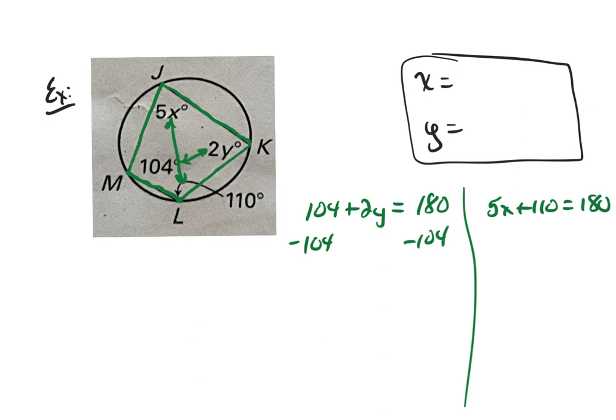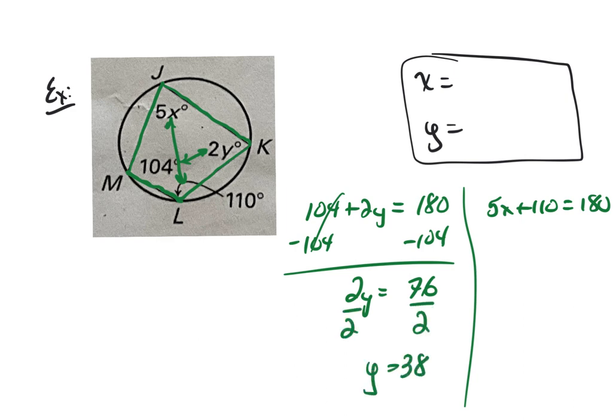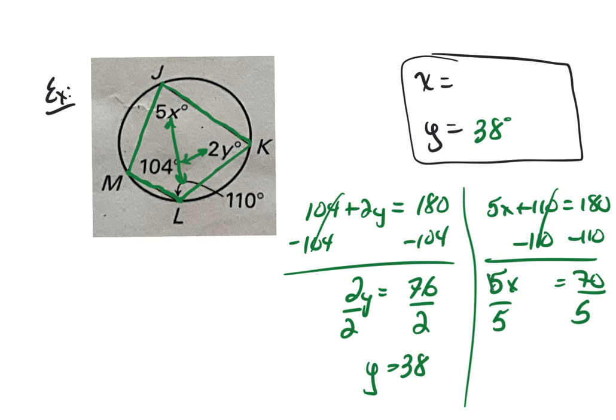Move 104 to the other side by subtraction. And get rid of times 2 by dividing. So the value of y is going to be 38. And for the second equation, subtract 110 to the other side. And get rid of times 5 by division. So x is going to be equal to 14. Right? So you can find the value for the variable. So there's a relatively easy